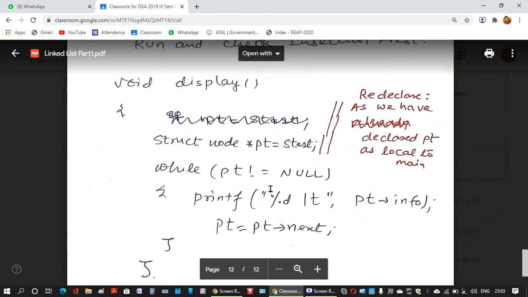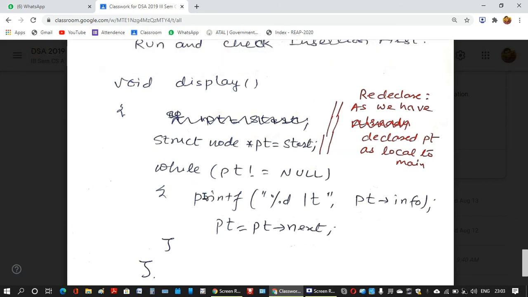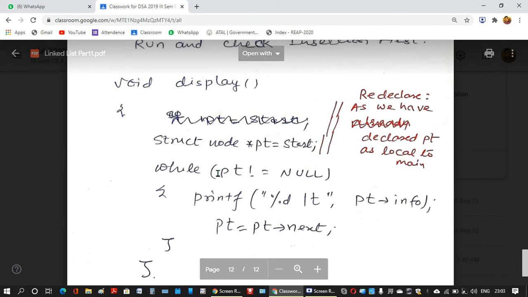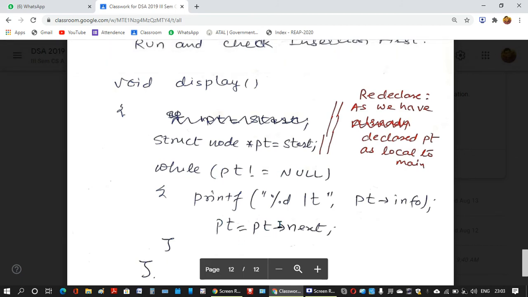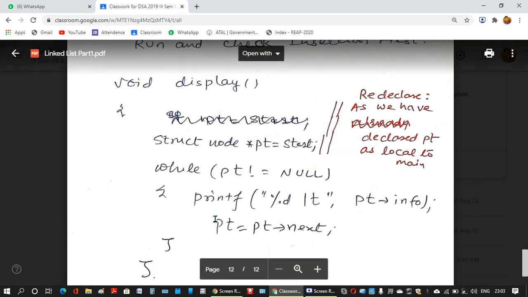So this is how you printed queues and stacks also. Here the only difference is we are starting from start, not from top. So it is a small code for displaying.